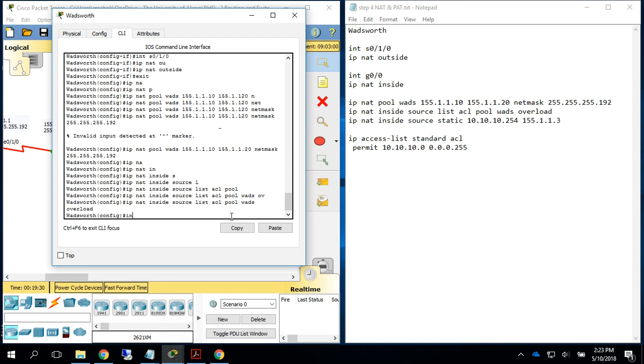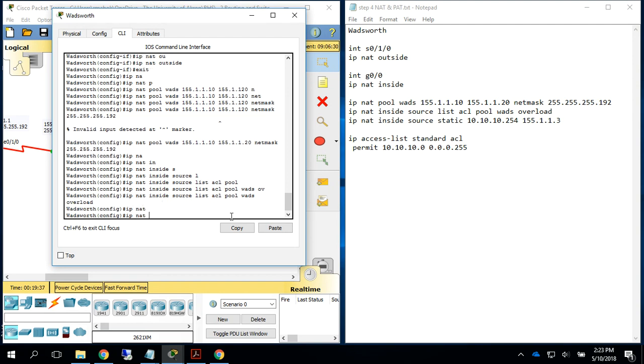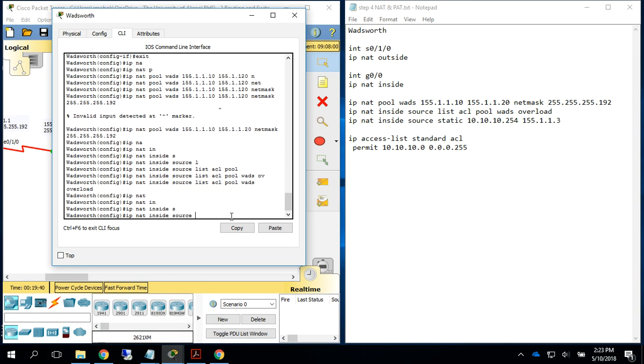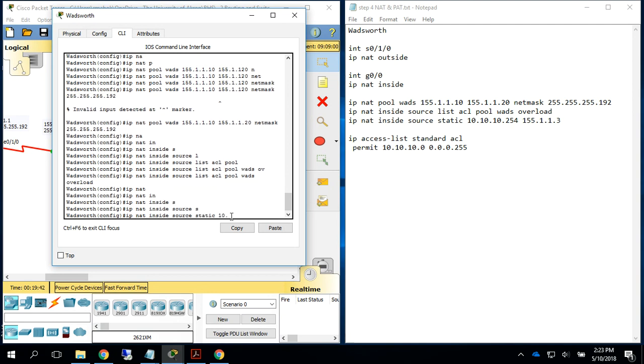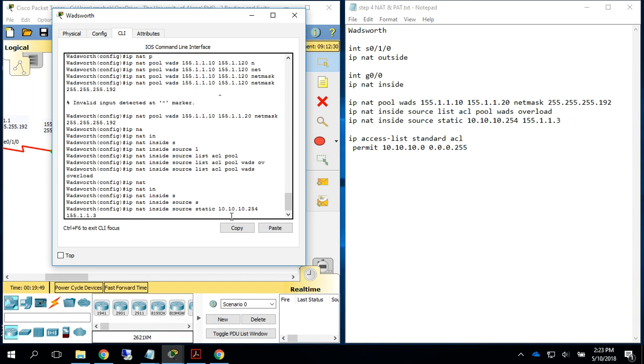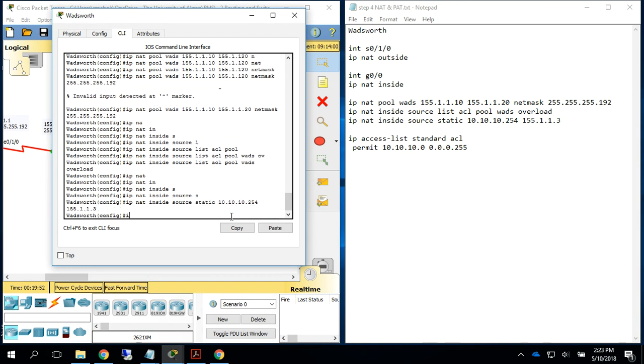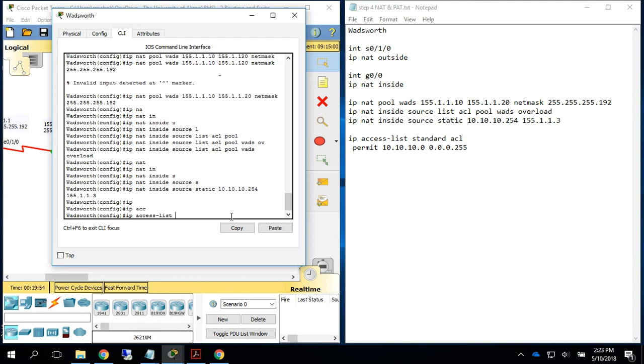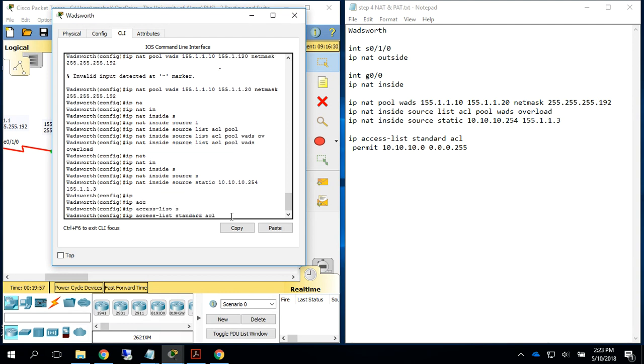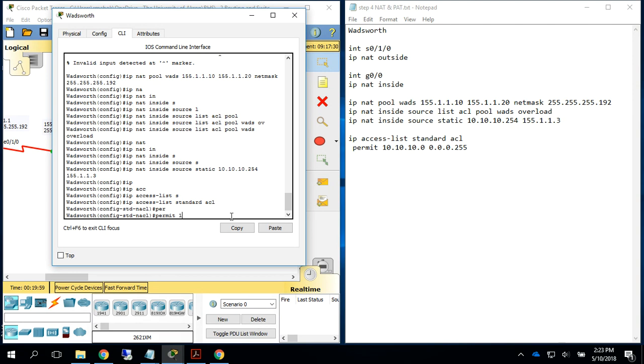Then we're going to map our inside internal address to the outside, to the real IP that people can reach it from the internet. And then write your access lists. So we're permitting any IP with 10.10.0